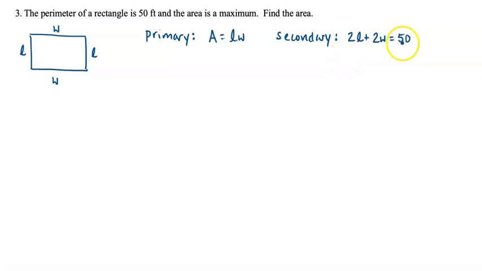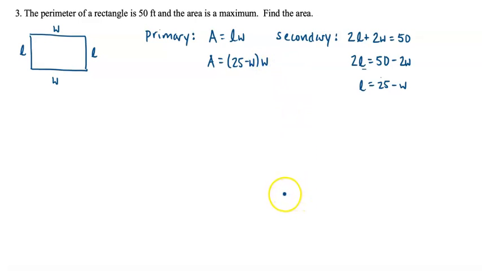By subtracting 2w from both sides, we get that 2 times the length is equal to 50 minus 2w. All right, we can divide everything by 2 to find that the length is equal to, well, 50 divided by 2 is 25. 2w divided by 2 is just a negative w. So we've got that the length is equal to 25 minus the width. So let's plug this into the primary equation. We get A is equal to, instead of L, we'll write 25 minus W